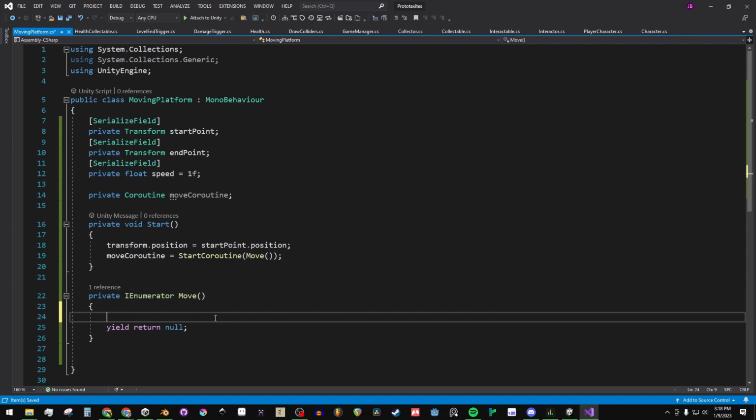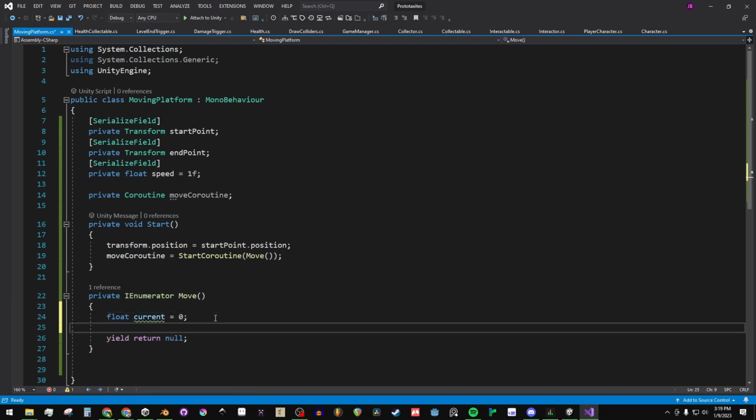So the first thing we need is float current equals 0. And then we'll say float duration equals